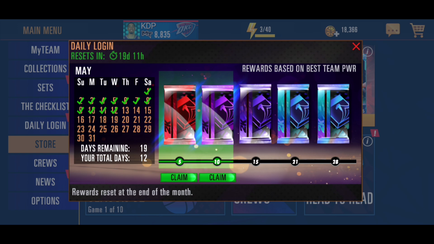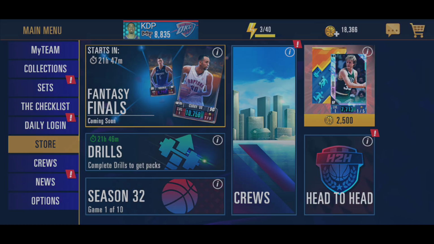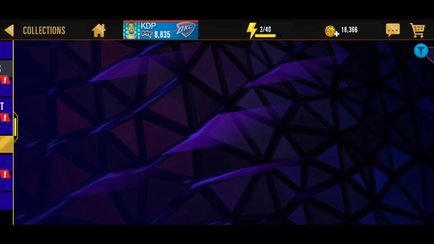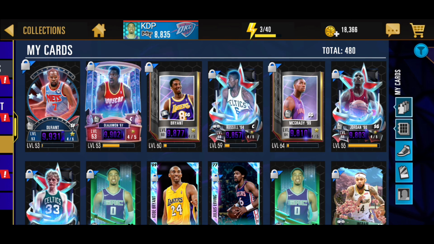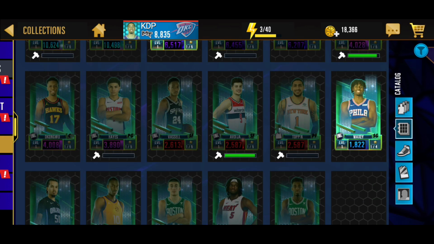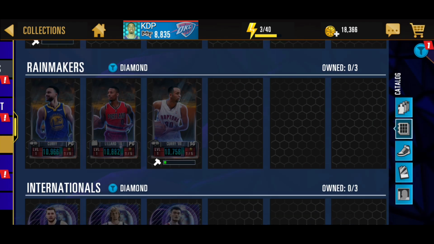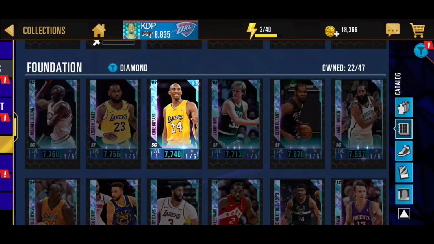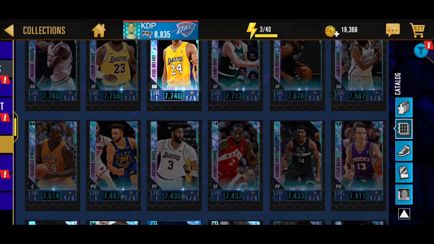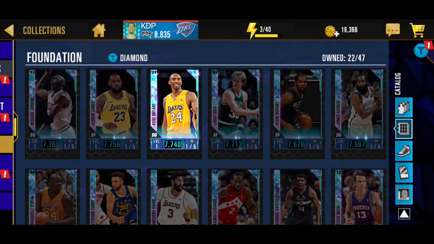As far as the fourth thing, we'll go over the collection real quick because we do need to look at the collection. Some of these cards are pack exclusive, while you can get some of these cards just by playing the game as a free to play player. So if you go ahead and filter diamonds, technically you can get some of these cards, but if I were to send diamond seasons for the rest of my existence on this planet,